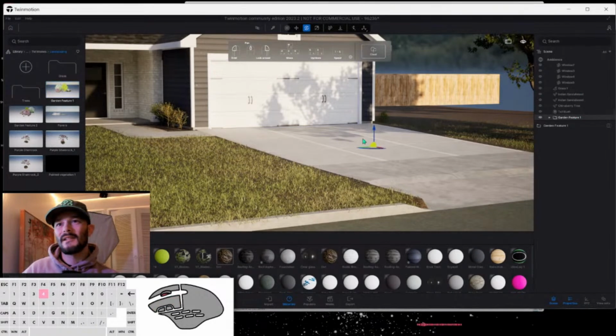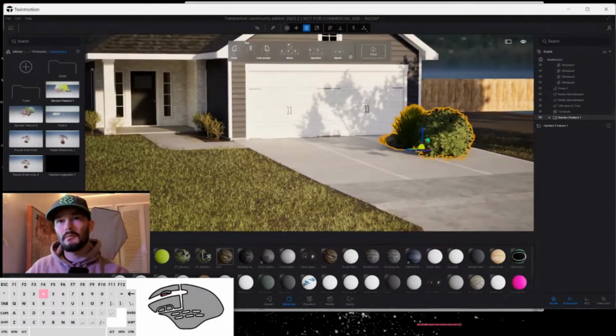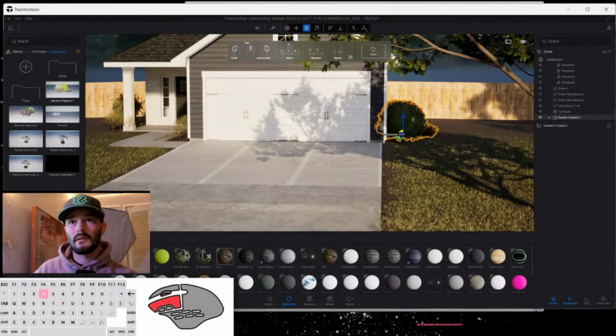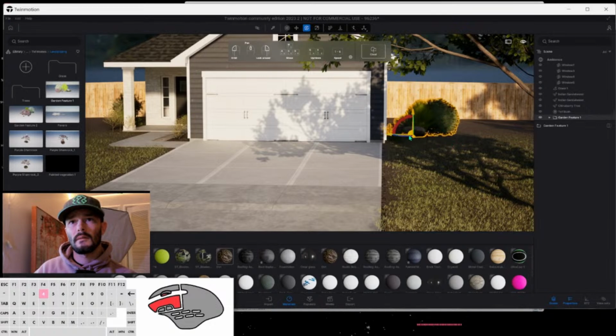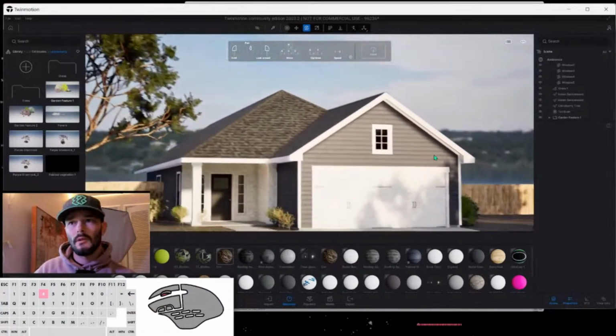Let's take garden feature. Let's see if I can't center it up and then shift click. There we go. And that's moving too slow. Okay. And shift click. And then something like that. I don't care if it goes in the garage because we're only doing one shot on this. Ooh, got to mess around with